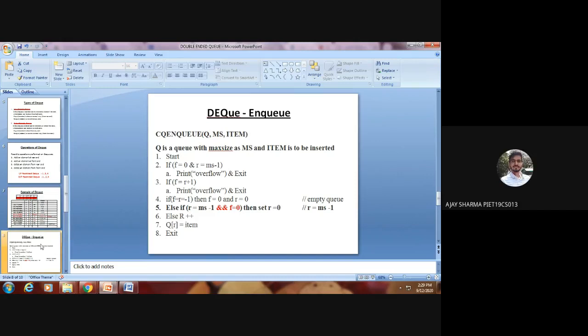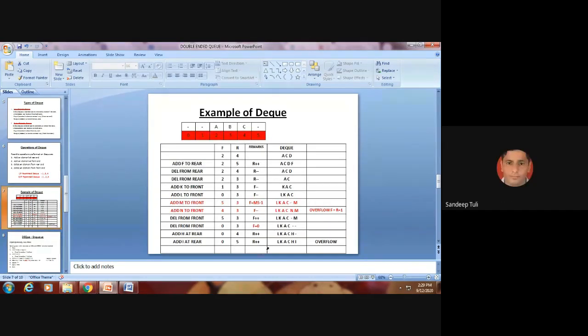The last condition is also full queue condition, right? Yes, definitely. Full queue condition is also there. So this condition is also full queue condition, where actually we are not able to now insert the elements, that it is full queue condition.